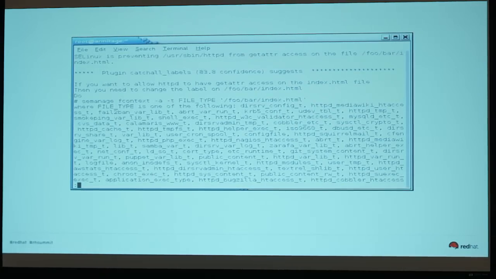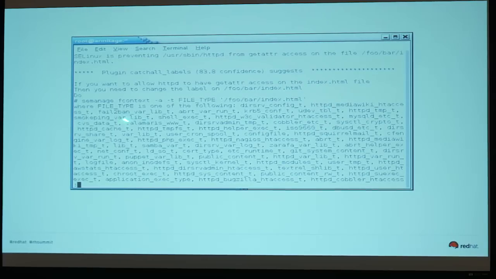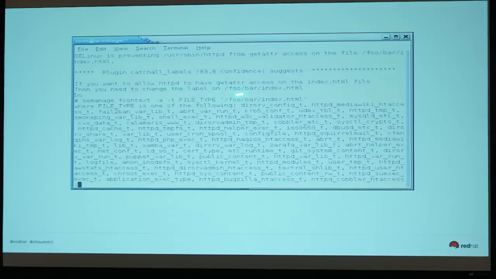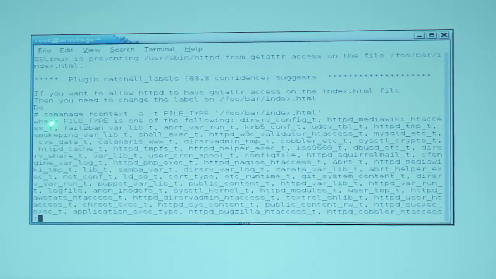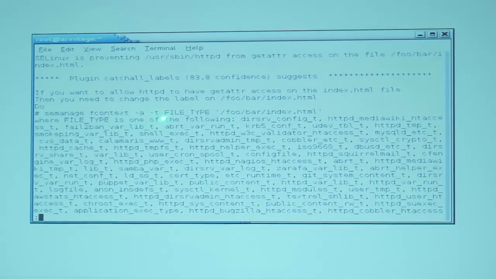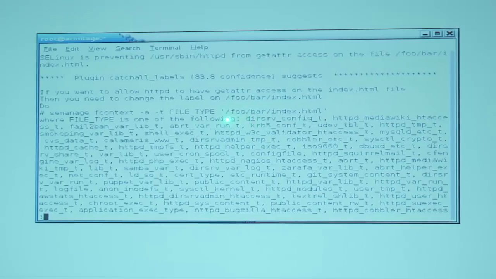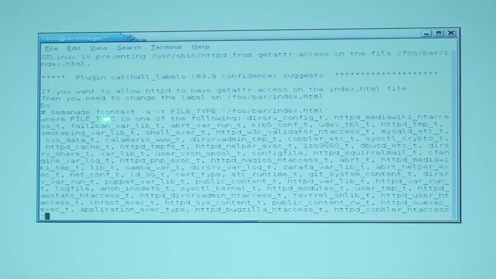This one gets a little weird, though. This one does get a little weird. I'll be the first one to admit it. It says, hey, if you want to allow HTTPD to have getattr access on that file, you need to change the label on foobar index.html. And so you need to use semanage fcontext -a -t file_type to foobar index.html, where file type is